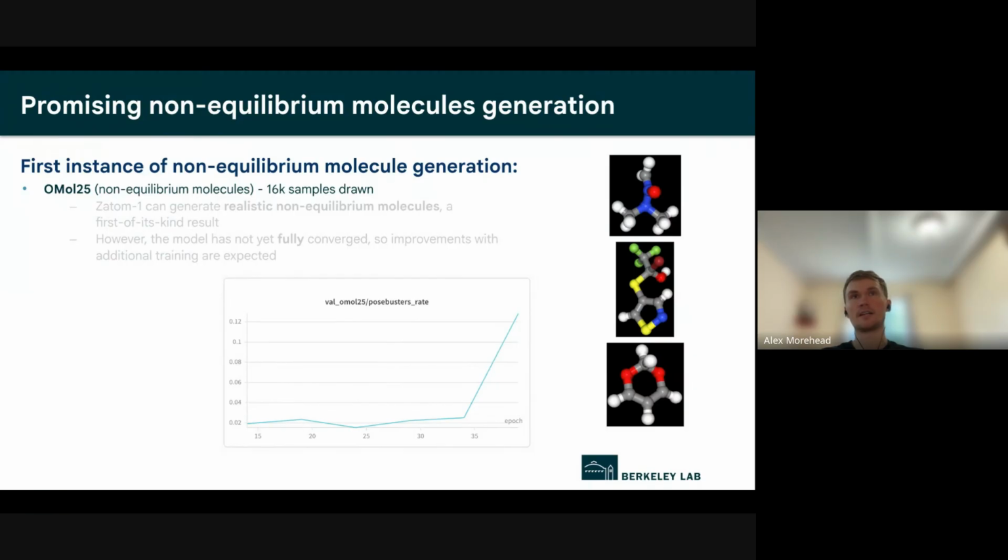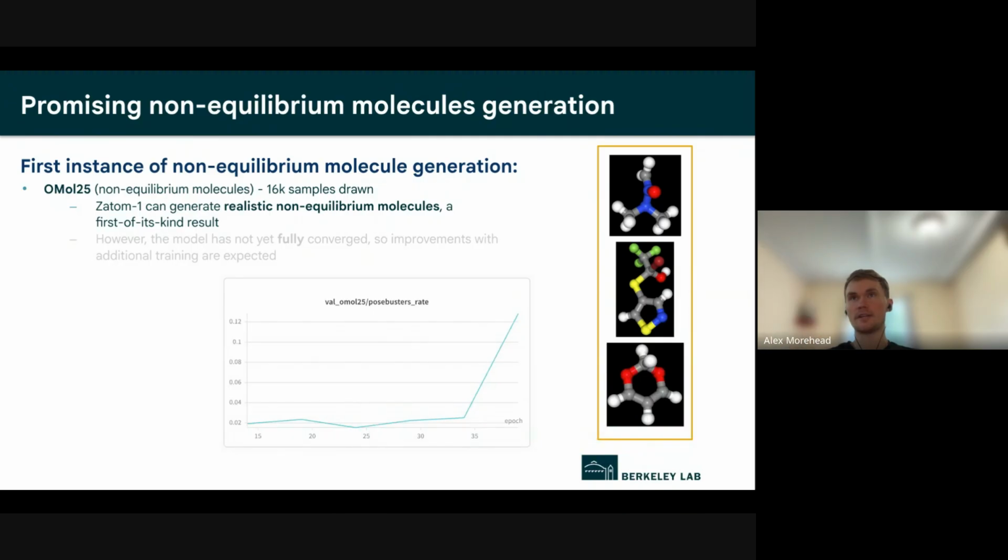There's actually a lot of non-equilibrium structures in that data set. So we're interested to see if we can just take our exact same formula for training Zatom1 and apply it directly to OMAL25 and use the exact same metrics to see how well it does. So what we're seeing here is just out of the box,